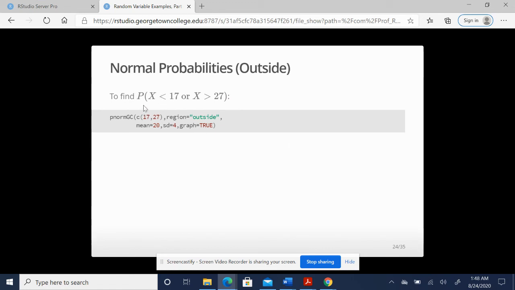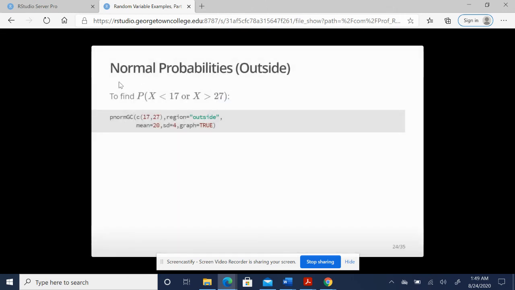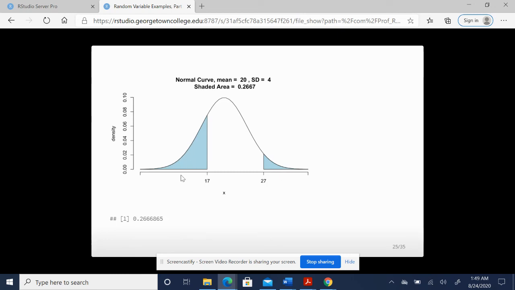This prompt might read, the probability of choosing a student who spends less than 17 hours or more than 27 hours on social media. We can bring in the outside region. We're still going to have a list. We're still going to have C, lower bound, upper bound. But instead of between, like we had here, we're going to have outside here because we want less than 17 and we want more than 27. And on the graph, we see this is an outside shading, okay? Less than 17, more than 27,